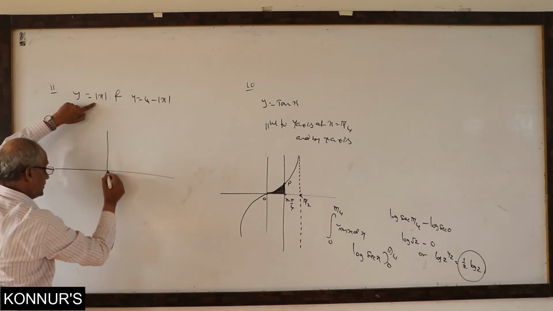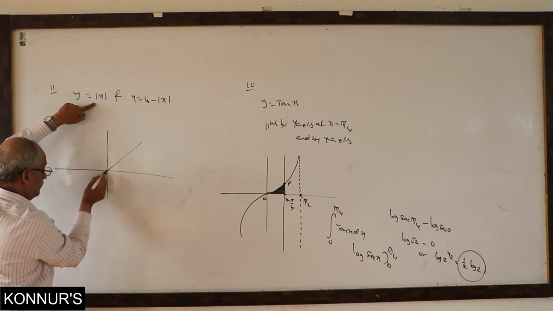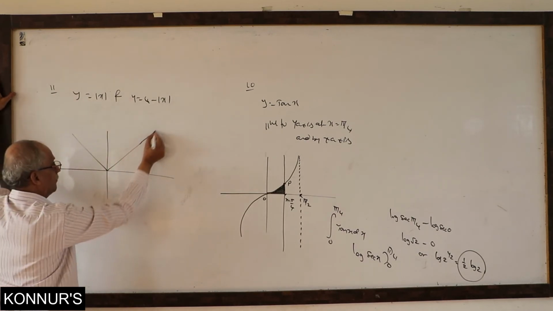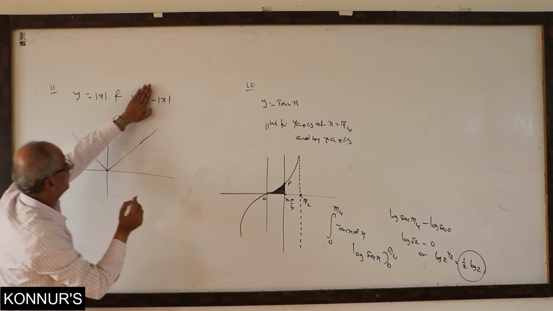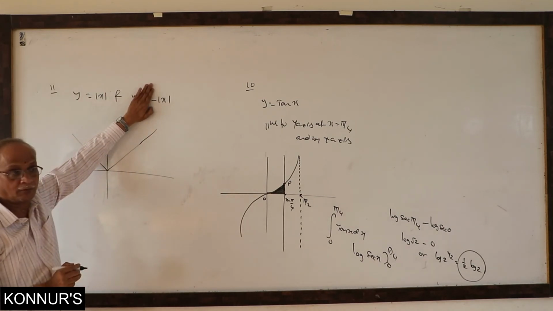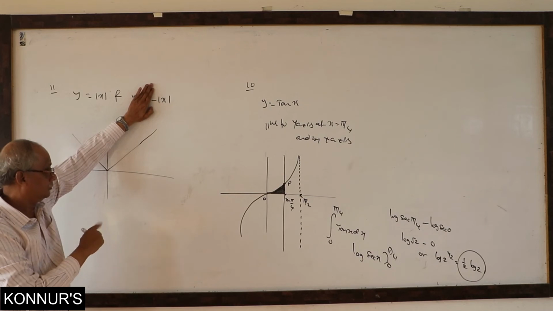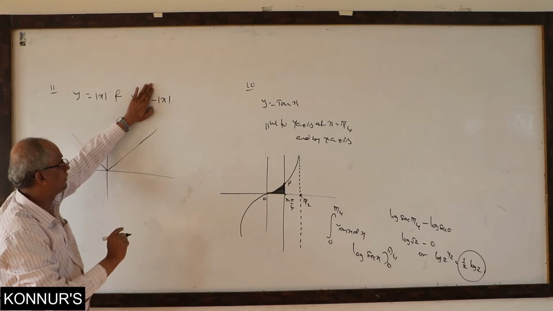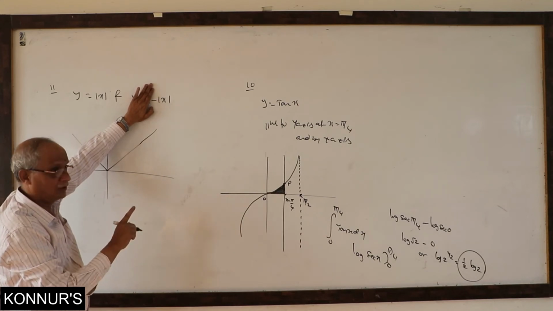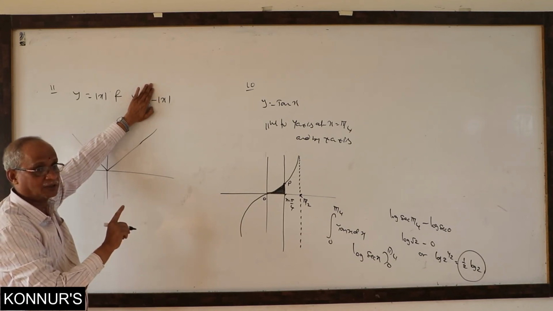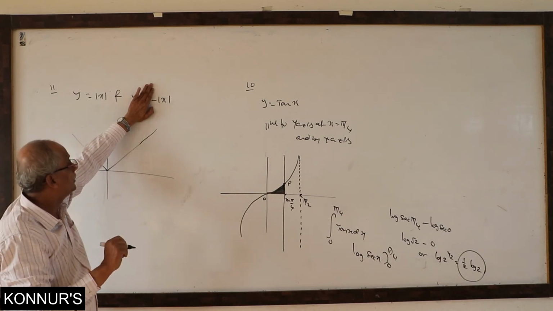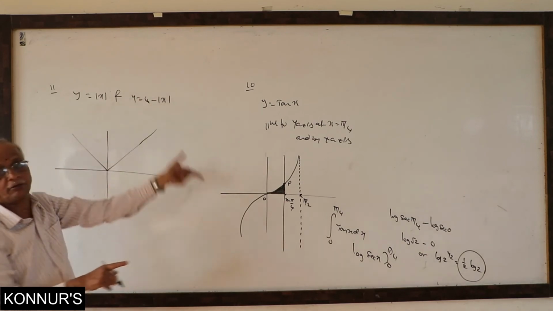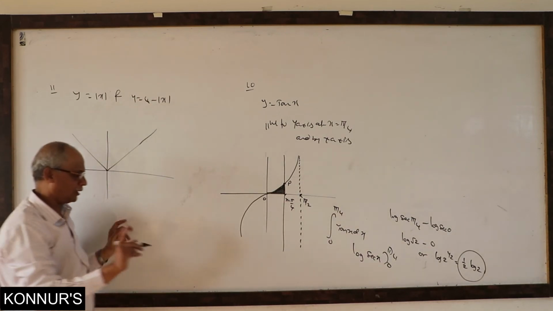What is the mod x graph? This is the mod x graph. Then minus. First I am giving you how to trace transformations. Already in some classes they know that. Minus mod x means negative. Minus represents the image. The image of mod x is minus mod x. Okay? Remember the general rule.